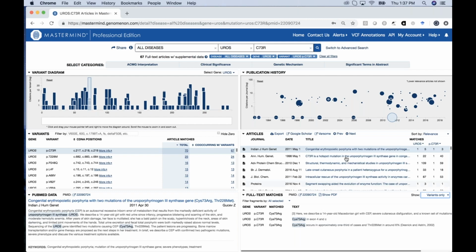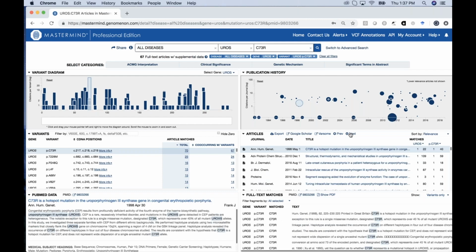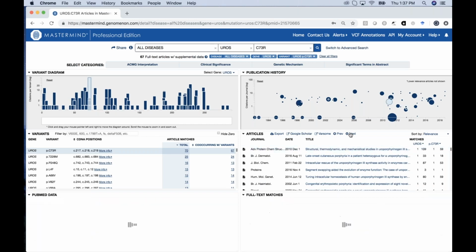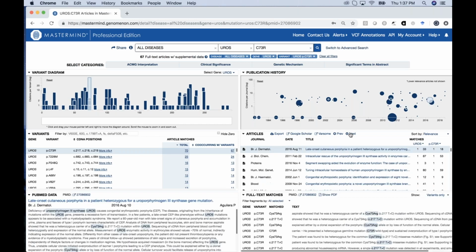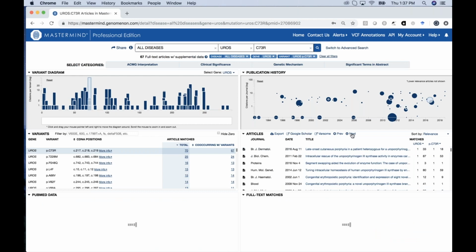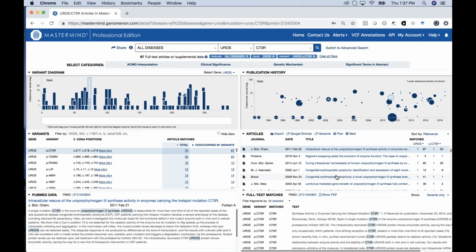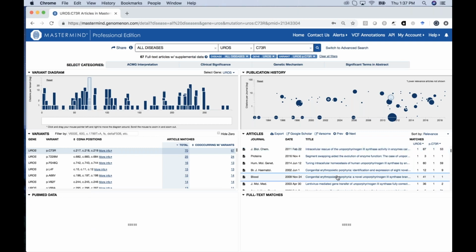and then rapidly toggle from article to article to see all of the different ways that the author has described the variant, and more importantly, see the sentence context where that particular variant is discussed. So if I toggle through those papers, or if I identify a reference that I'm really keen to identify and interrogate, I can click on it directly